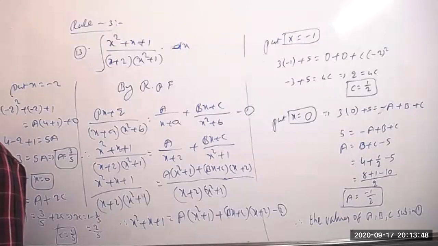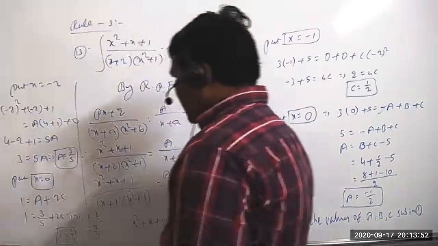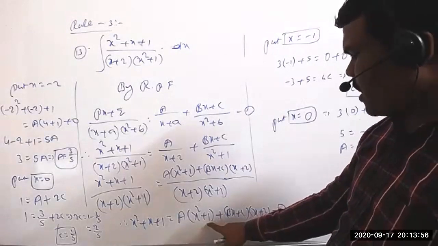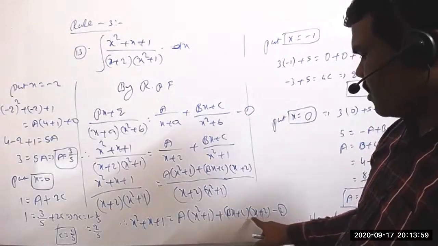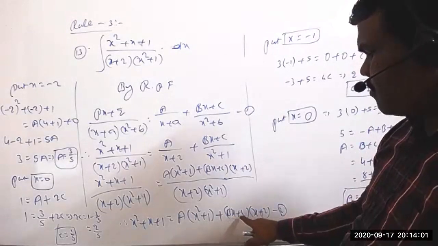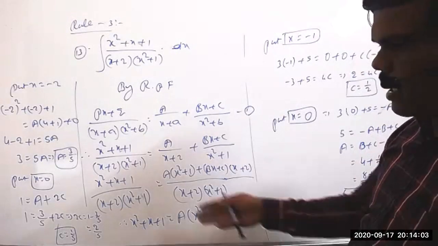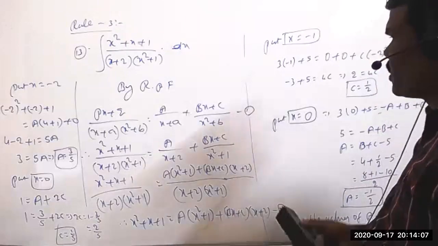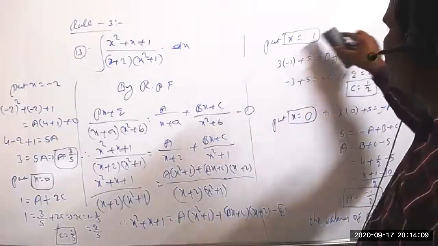Same as before, take x equal to 1. So if you take x equal to 1, what happens? 2a plus 3b plus 3c. Am I correct? Then the values of a, b, c we know, so you can substitute them in there now. It's not an issue. So put x equal to 1.